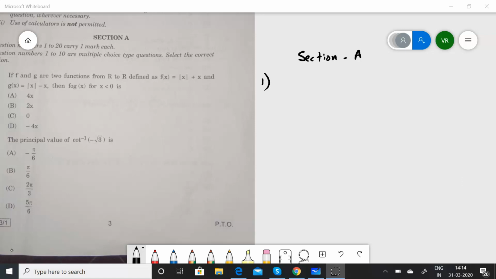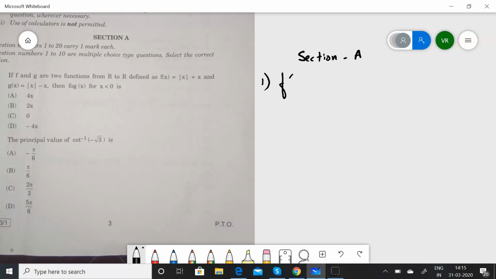Section A, question number 1. If f and g are two functions from R to R defined as f of x equals mod x plus x and g of x is equal to mod x minus x, then f of g of x for x lesser than 0 is, now it's given